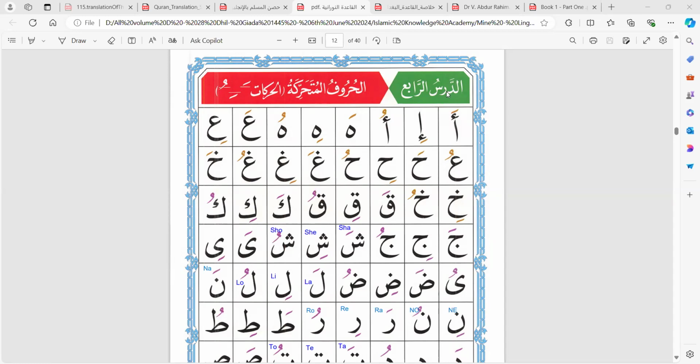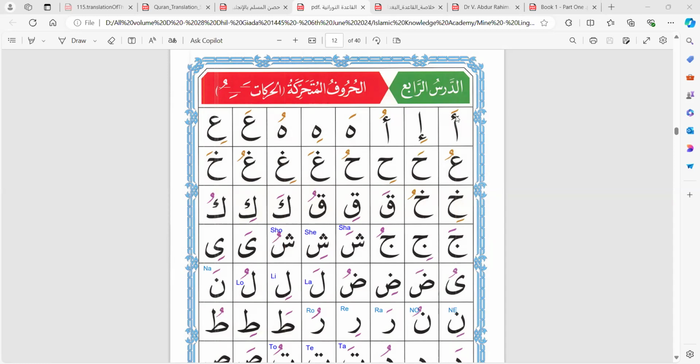Last session we talked about lesson 1 الدرس الأول. We move in this session to talk about الدرس الرابع, lesson number 4. In this lesson we talk about حركات